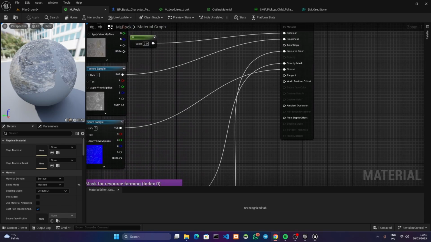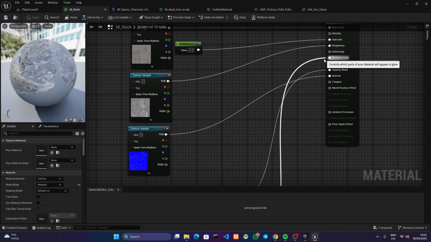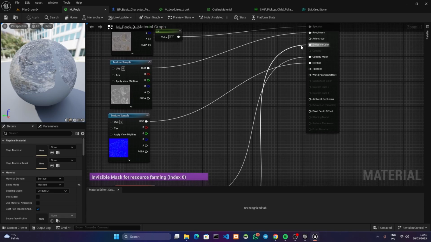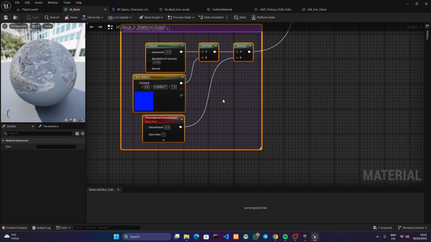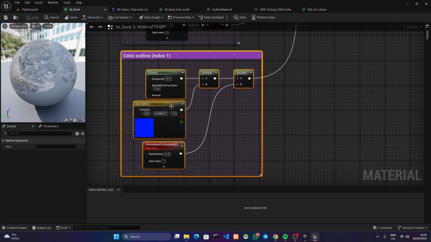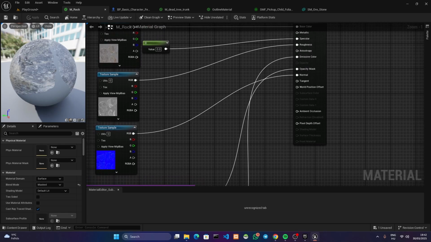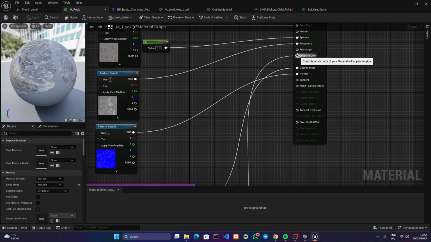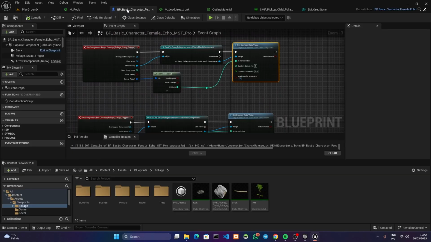Now, of course, if your emissive color is already used in your material for something else, then you need some kind of workaround to combine your existing emissive color and put this as an overlay on top of it, so the outer section kind of glows. I'm not really that good with materials, you have to figure out yourself how to do it, but if your emissive color is free, you can just have this one connected,